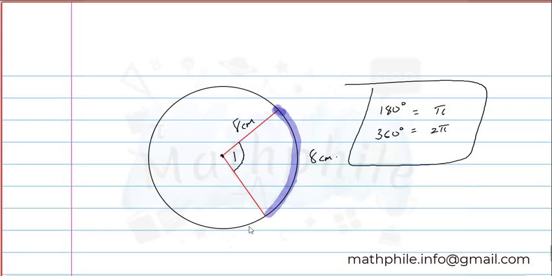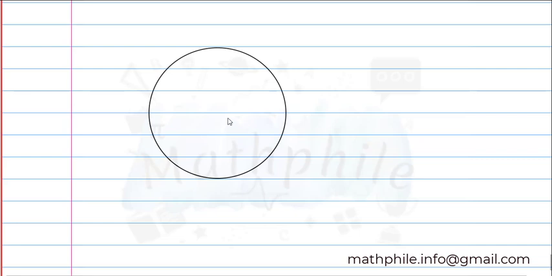Okay, so converting degrees to radians, I'm not really going to talk much about that, but let's go into details. Again, the parts of a circle, we talk a little bit more on the parts of circles. Then we see if we can derive some of the formulas and we solve some